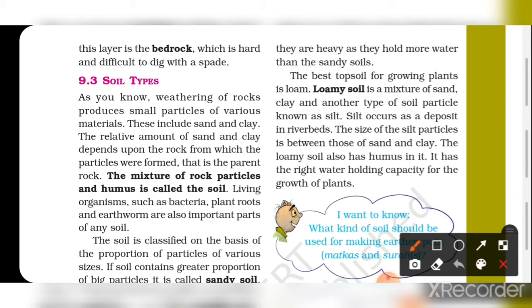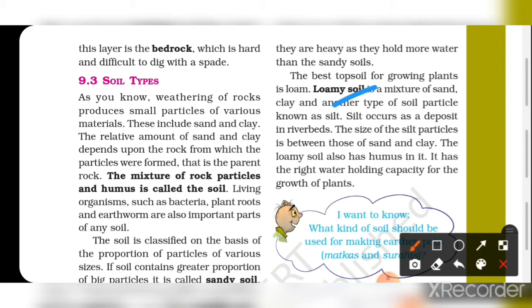तो सैंडी सॉइल से ज़्यादा होल्ड वाटर को कौन कर सकता है? तो क्ले सॉइल. The best top soils of the growing plants is loam. दो टॉप सॉइल्स है जो प्लांट्स का सबसे अच्छा ग्रोथ कौन सी सॉइल में होता है? Which is the soil type have a good growth of the plants and crops, that is the loamy